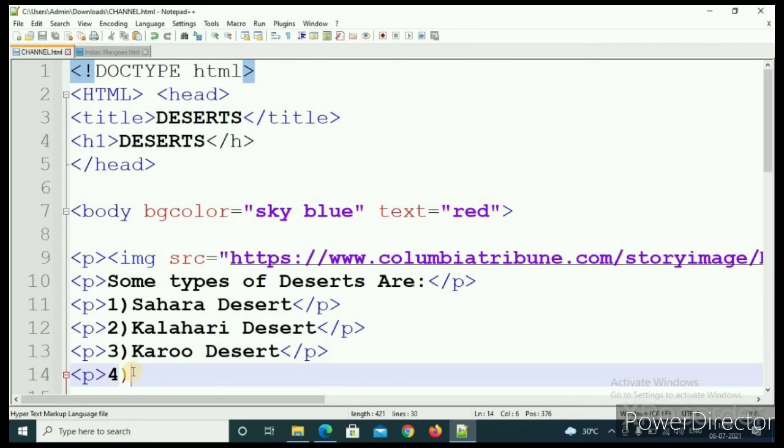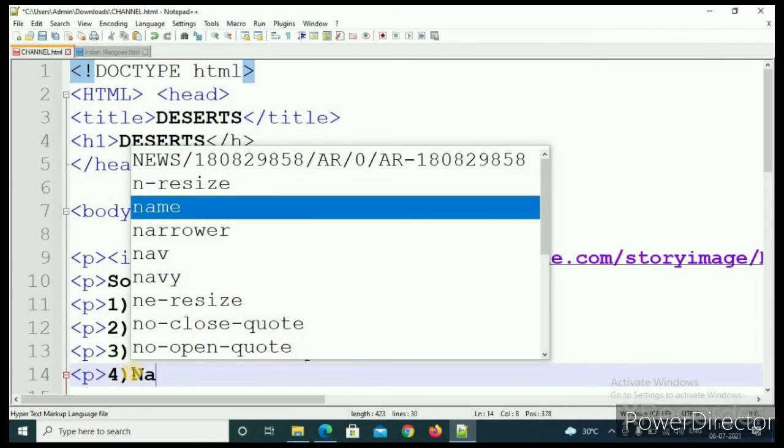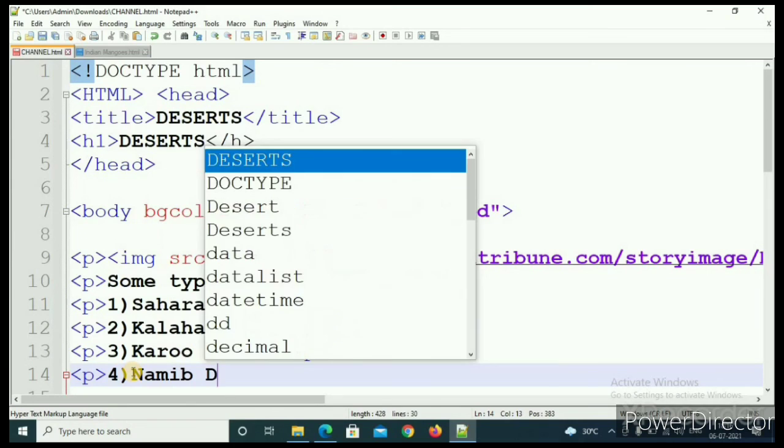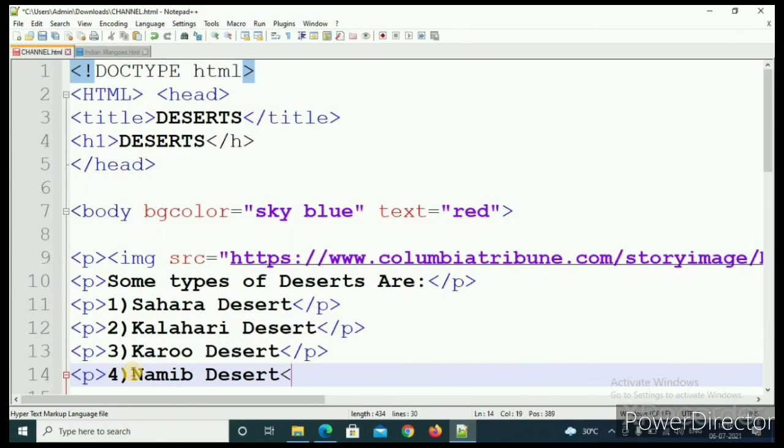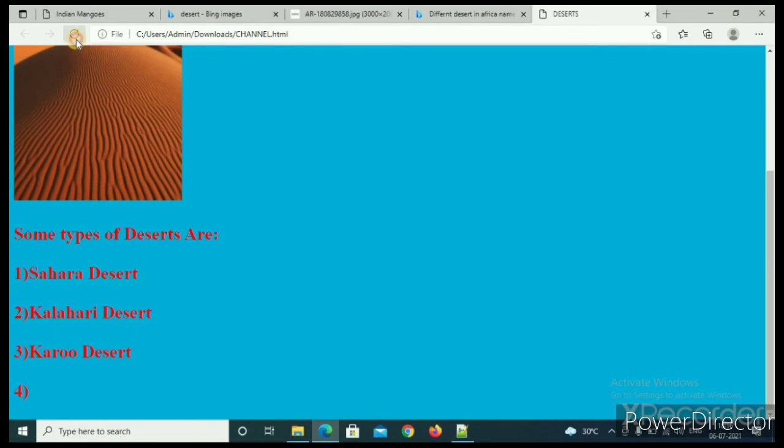One paragraph started and one paragraph ended. That was the format. Okay. And then I will type Namib Desert. Yeah. And then I will end. Yeah. Then I will save. Always save the file and then reload it. Otherwise it will not work.